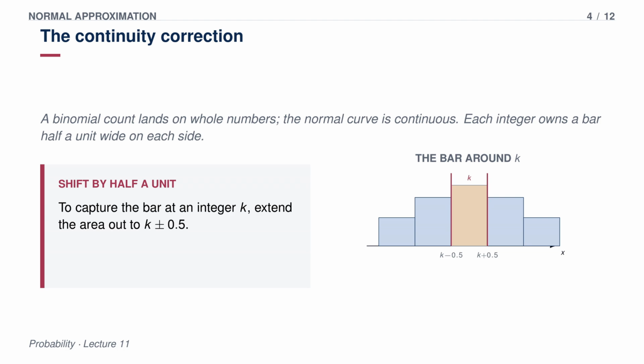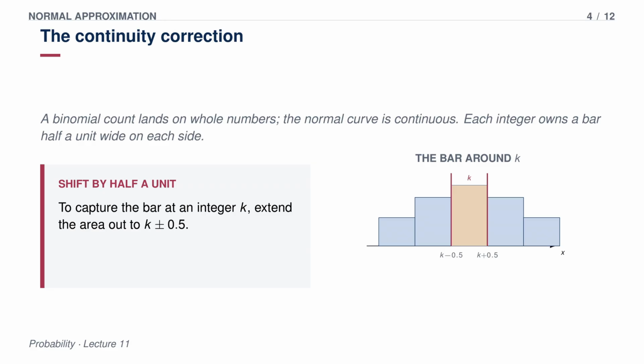The tile for 30 has 30 painted in the middle, but the physical tile runs out to the grout lines on either side, from 29.5 to 30.5. The number is just the center. The tile, the bar, is half a unit wide on each side. Right, so to cover that tile with our smooth curve rug, we don't measure center to center, we measure out